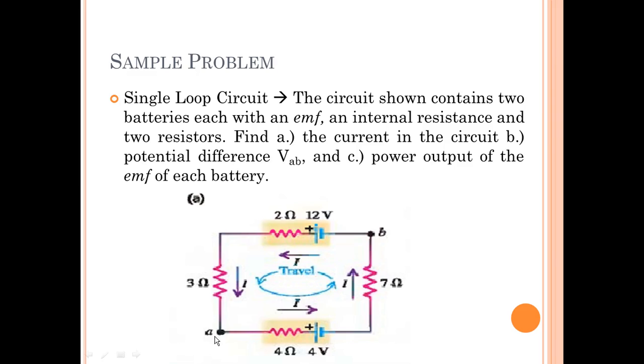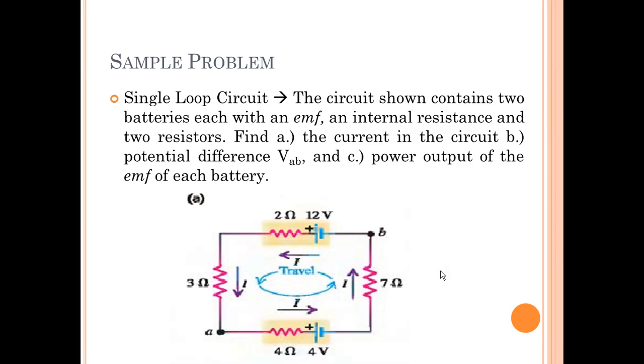Okay, so we have point A and point B as the points where we connect our power source. So this would be the points V sub AB. For the points V sub AB, we have two power sources. We have a 12-volt battery, and we have a 4-volt battery. Okay, so in order for us to compute